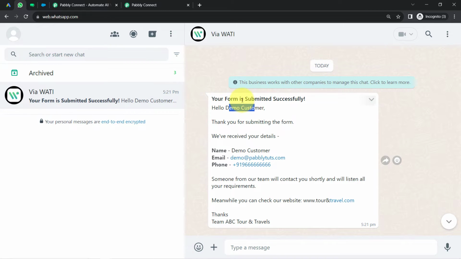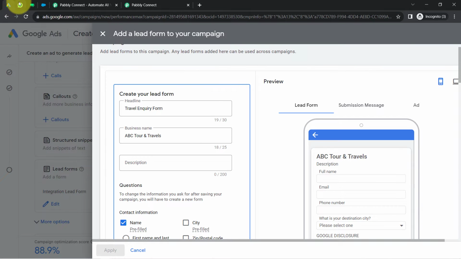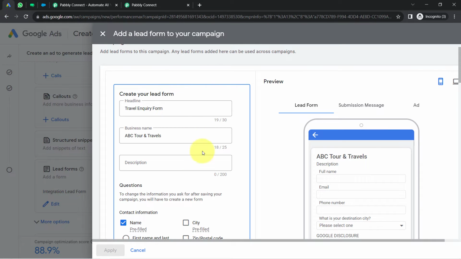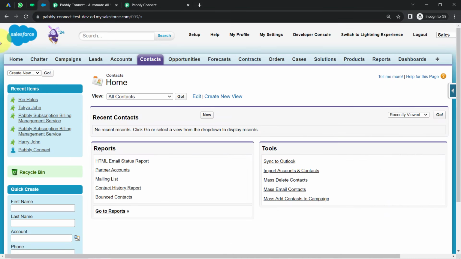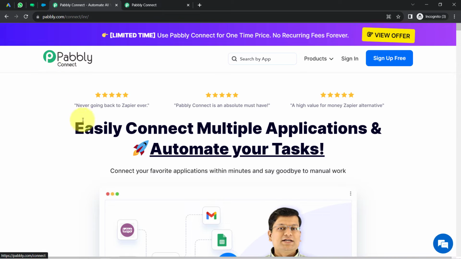Okay, and here I will also show you how the details of the lead and the name of the lead can be added in your WhatsApp message. So for sending the WhatsApp messages, I am going to use this Vati application, which is an amazing application because it has access to the official API of WhatsApp. And in order to automate this whole process, firstly I'll have to build an integration, a connection between this Google Lead Form application, this Vati application, and this Salesforce application with the help of Pabbly Connect, which